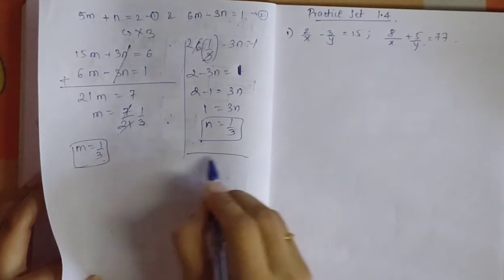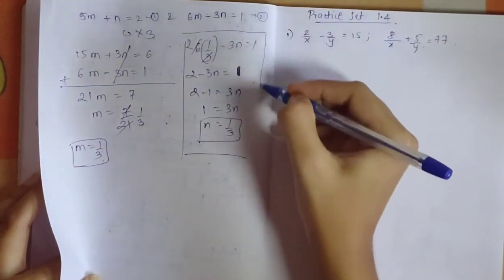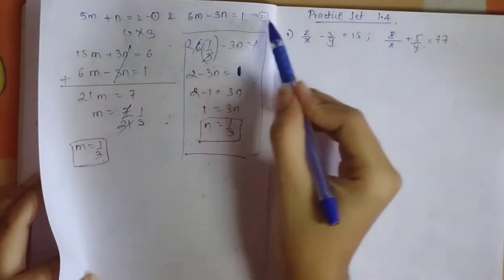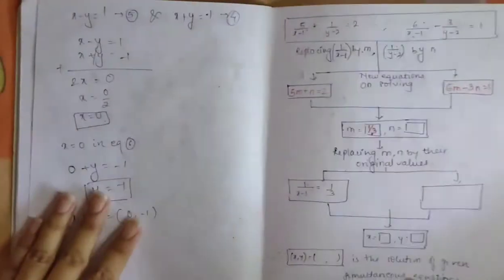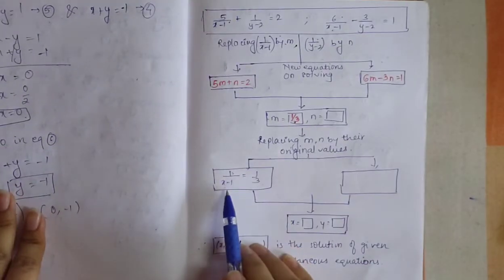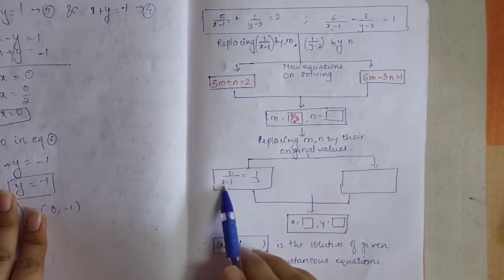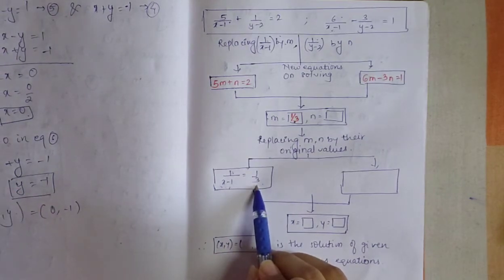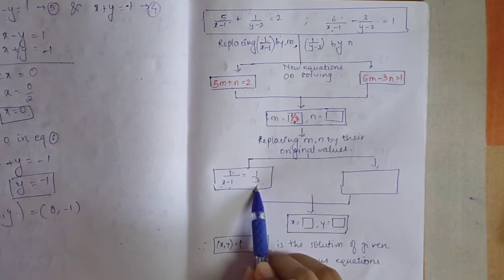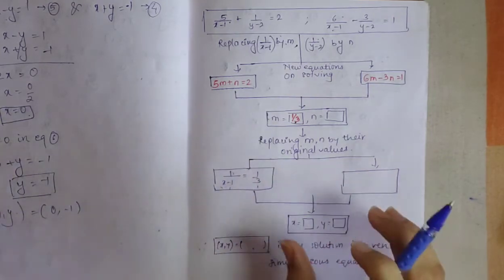They cut out each other, and what you have to actually do is only solve this part, what I have boxed here. Only this part is to be solved, and you need not solve to find m and all. Why? Because here they have already given you 1 by x minus 1 is equal to 1 by 3. That's the only reason you need not solve the complete simultaneous equation. These are small tricks that you need to understand so that your paper covers really fast and you do not waste unnecessary time in these small types of sums.